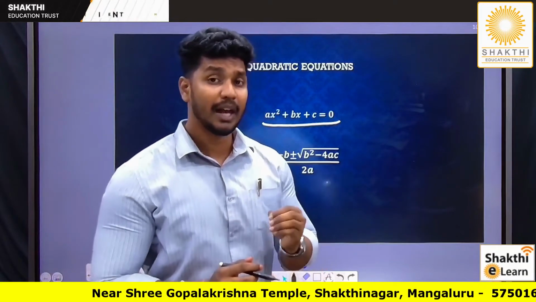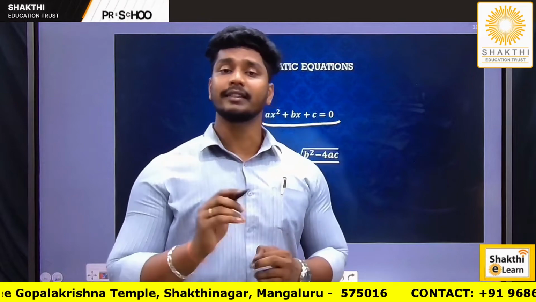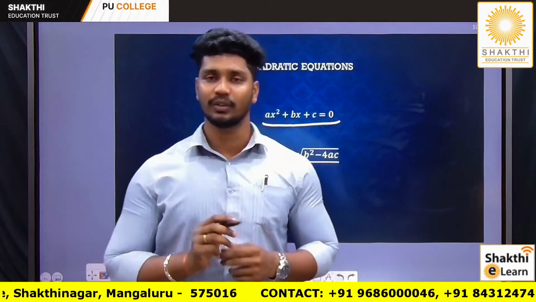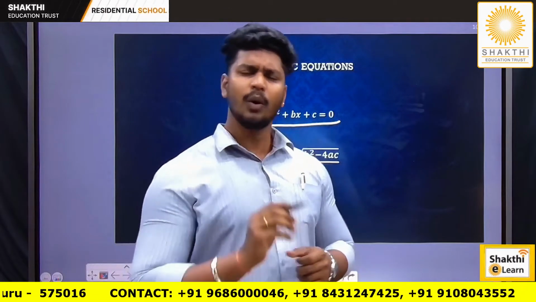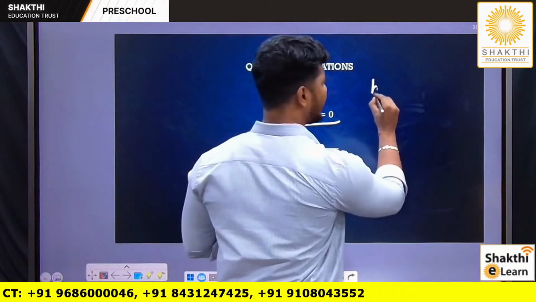Here you'll be having some negative roots. The same thing we had there: the discriminant value, the value of b square minus 4ac, will be less than 0. That means the roots will be imaginary. We are finding the imaginary roots. What might be the imaginary roots? I'll tell you, the b square minus 4ac value,